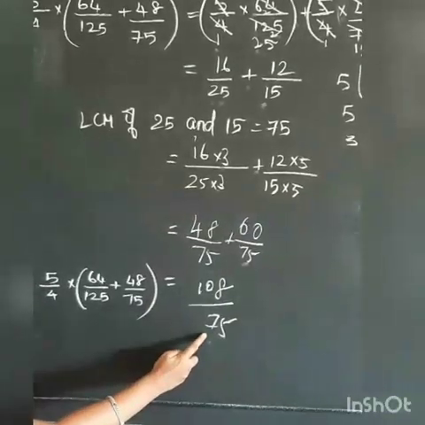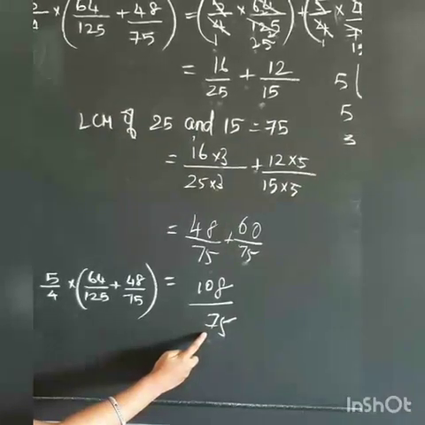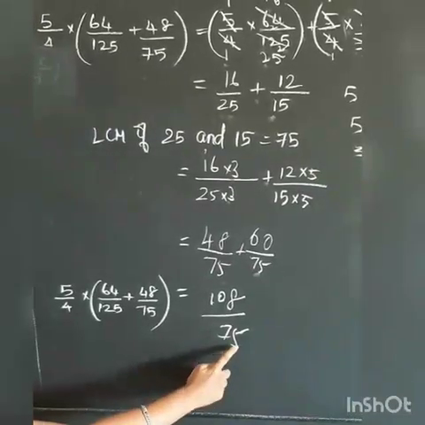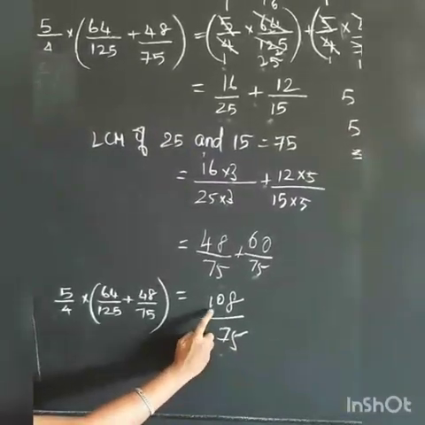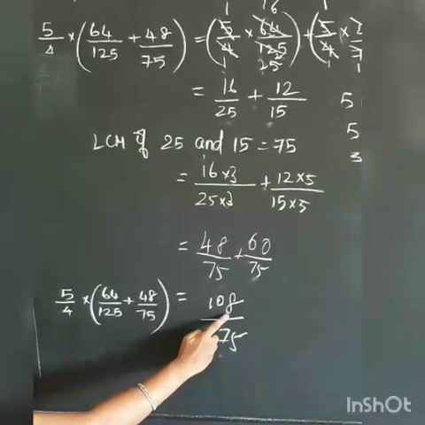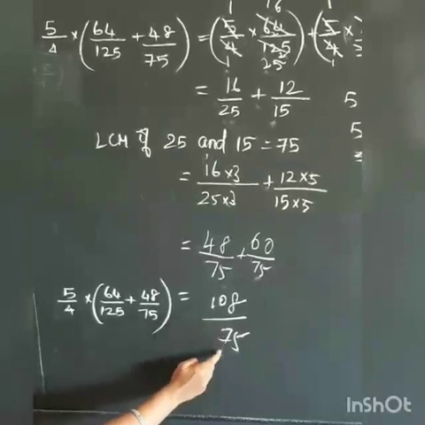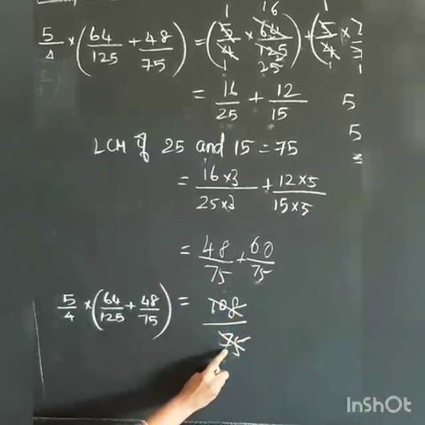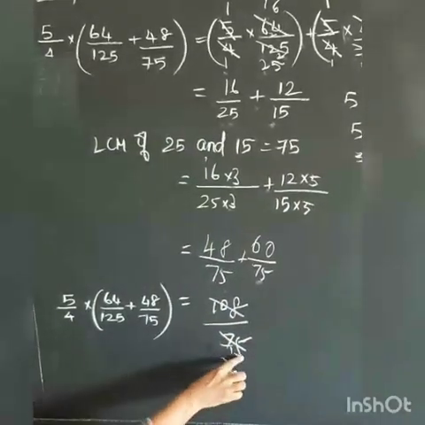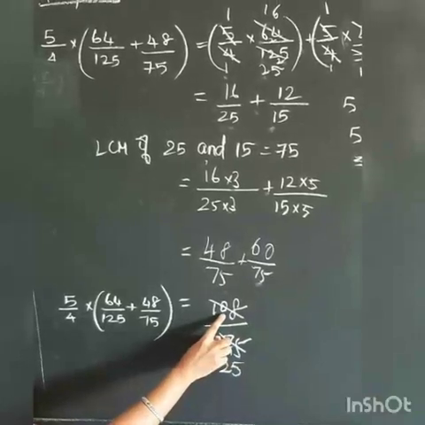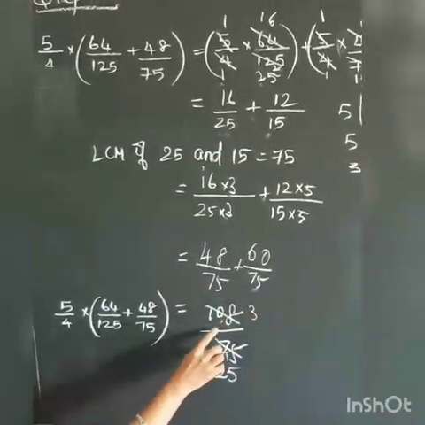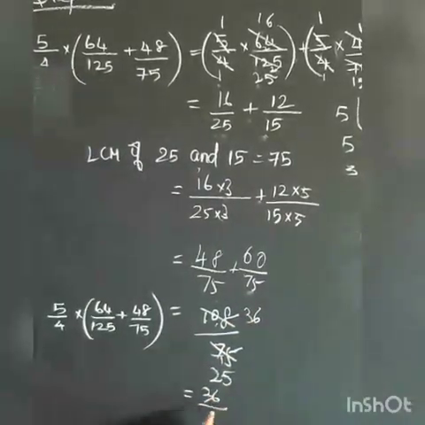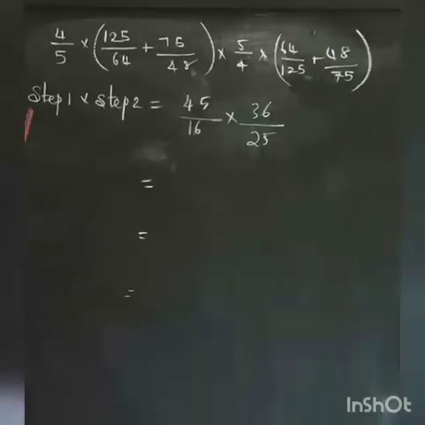But we are able to simplify these two, numerator and denominator. Clear? How is it possible? Since this is 5, it is not divisible by 2. So next prime number is 3. How to check for 3 table? You have to add the digits. 1 plus 0 plus 8 is 9. 7 plus 5 is 12. So 9 and 12 is a multiple of 3. So we can cancel in 3 table. 6 times 2 is 12, the remainder is 1, so 36 and 15 is 5 times. 3 table 10 is not possible, before number 9 is 3 times, the remainder is 1, so it becomes 18, 18 is 6 times. So your simplified answer for this step number 2 is 36 by 25.